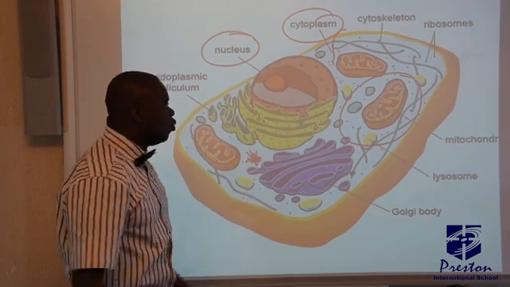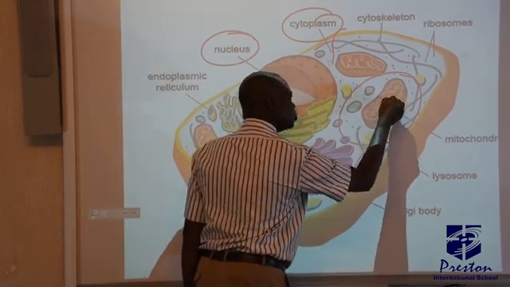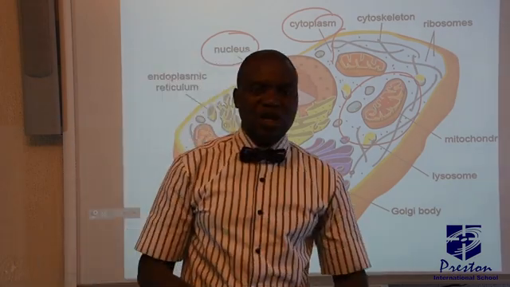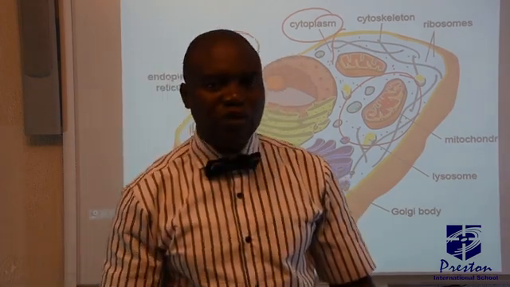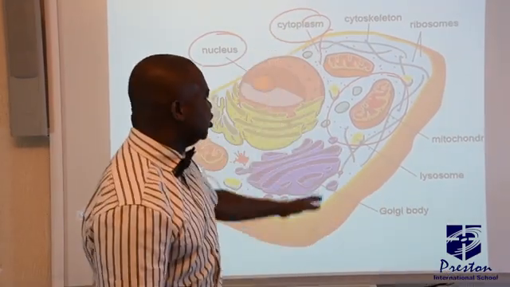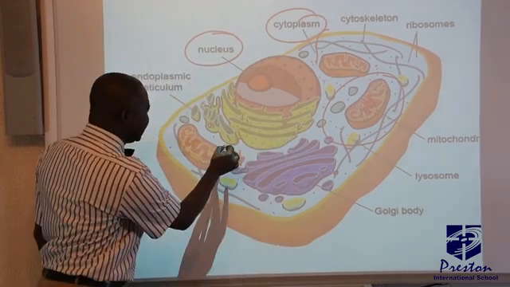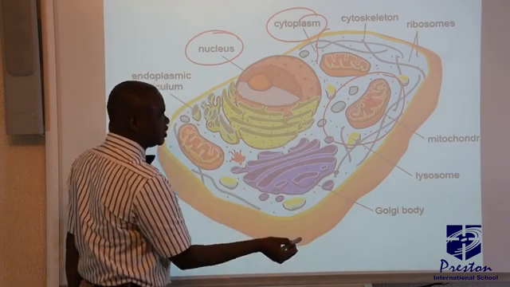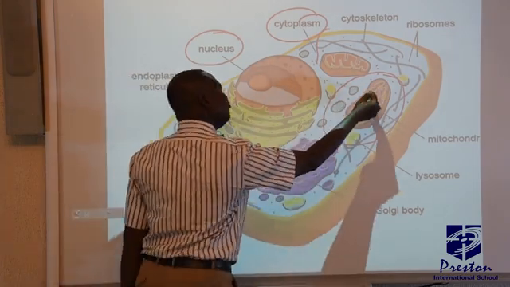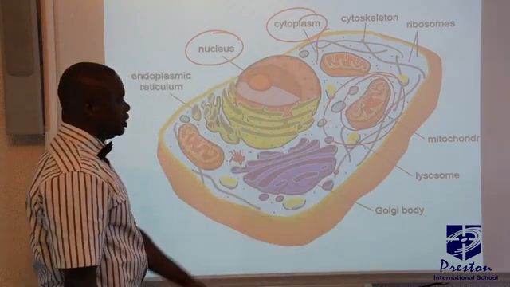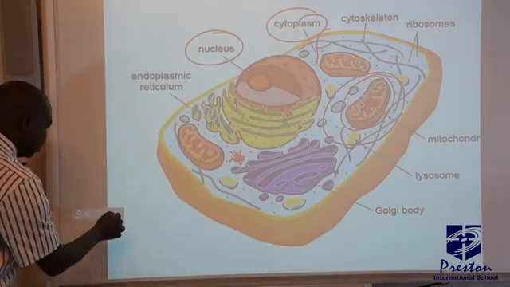The pyruvate now will move into this mitochondrion, where you have the final breakdown, the oxidation and phosphorylation of this food material into energy completely. That's why I need you to look at this place. So inside this cytoplasm, you have glycolysis occurring. And at the end of glycolysis, the products move into this very organelle we call the mitochondrion, and then you have the final breakdown of food materials.